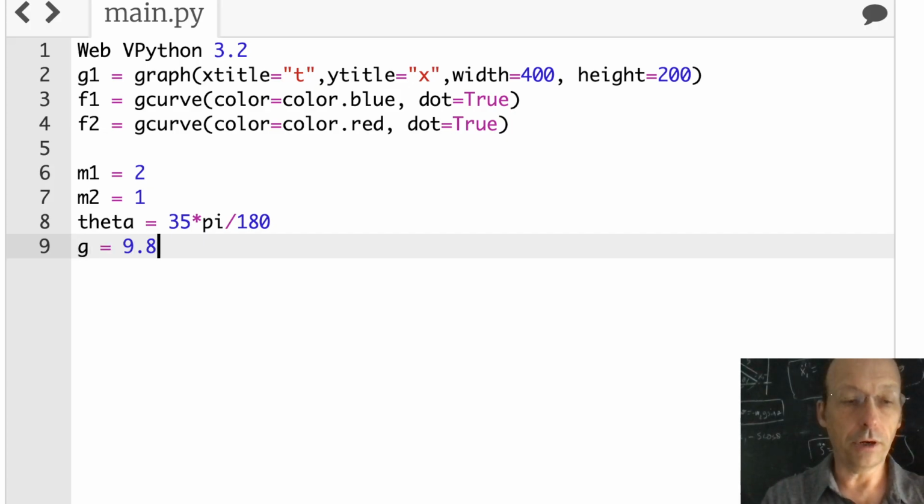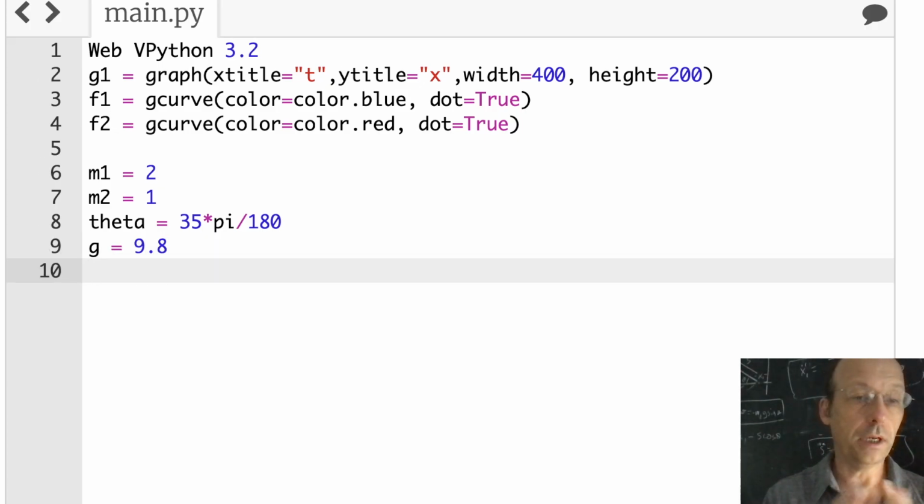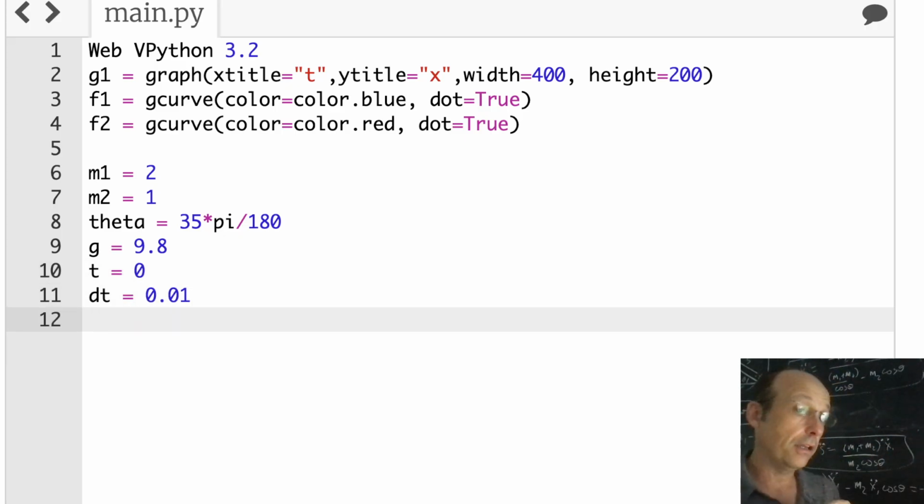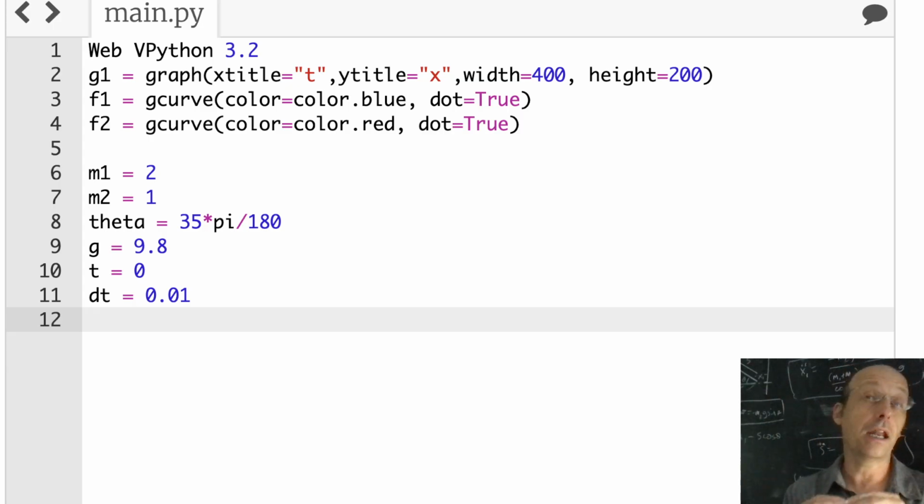G is 9.8. What else do I need? T equals 0, dt equals 0.01. Okay, so now I need to make the variables that I'm going to plot, and I'm going to need initial values for my variables. I need my initial s and